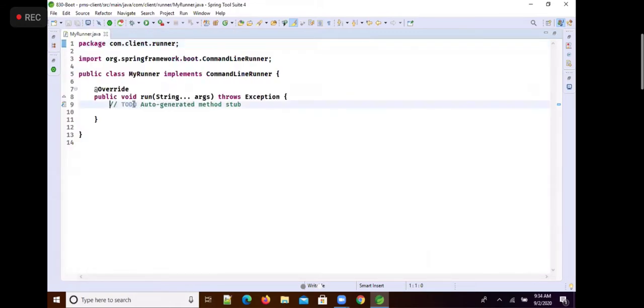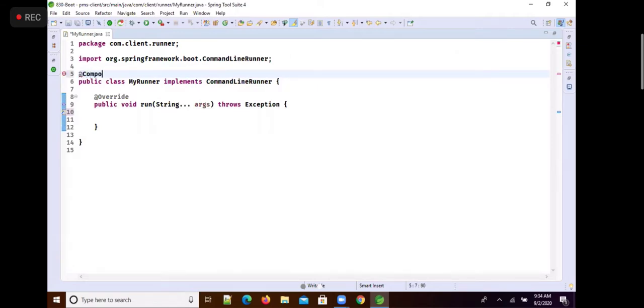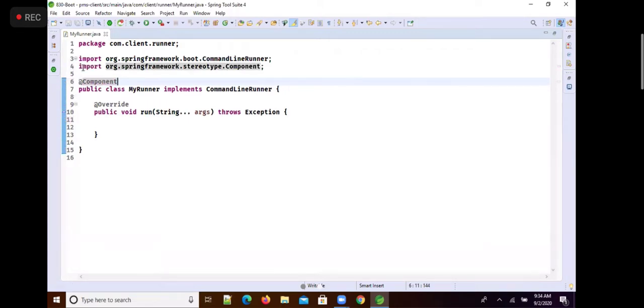Now here you have to understand one by one. First, I want to make this MyRunner a Spring component. I want to make it a component.